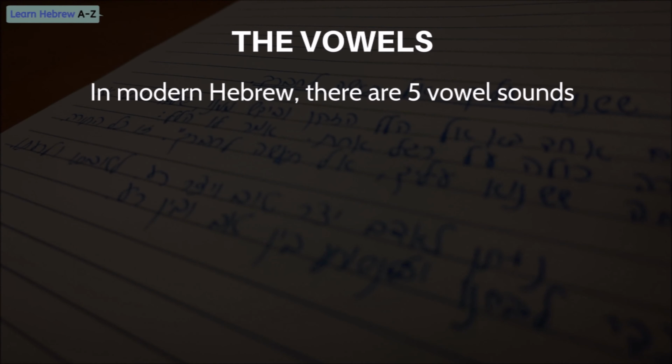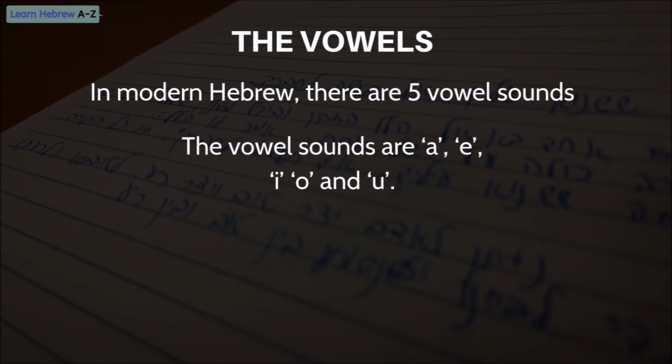What are vowels? Vowels are the sounds we make when air flows freely out of our lungs. In modern Hebrew, there are 5 vowel sounds. In ancient Hebrew, there used to be more than 5 vowel sounds. That is the reason why you will soon see more nikud signs than the actual vowel sounds. The extra nikud signs remain in writing, but not in pronunciation. The vowel sounds are a, e, i, o, and u.